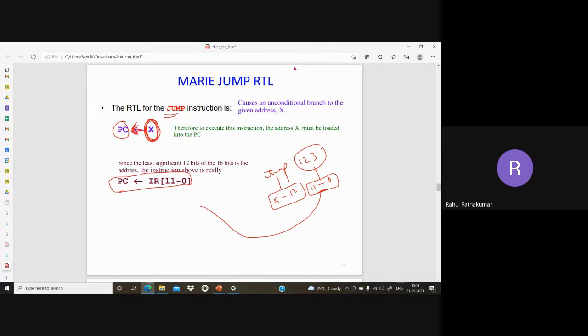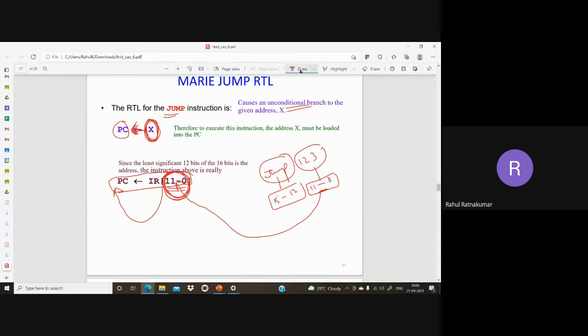So this is loaded into the instruction register. Bits 11 to 0 of the instruction register go to the PC, the program counter, so that I know exactly which location I need to jump to. The instruction register only takes bits 11 to 0, that is 12 bits. Jump is an unconditional jump, unconditional branching. Conditional branching has a bit more complication, a bit more sequence.